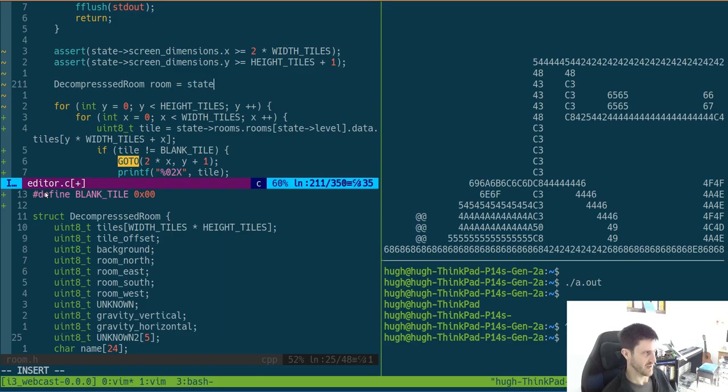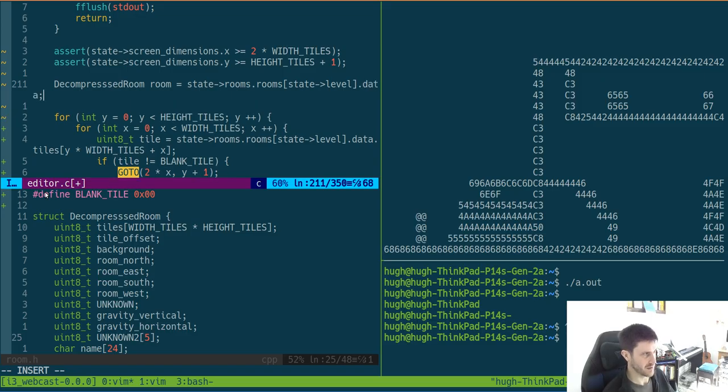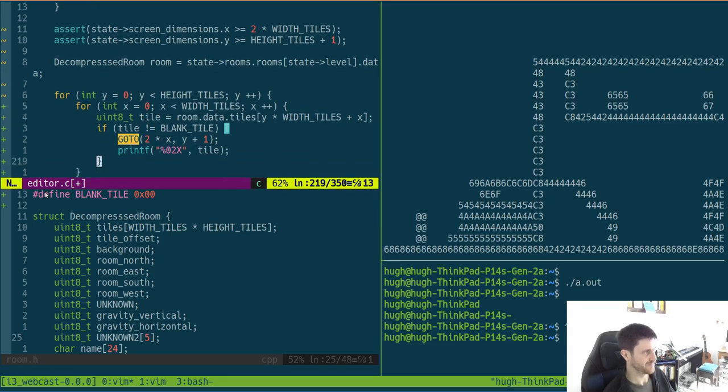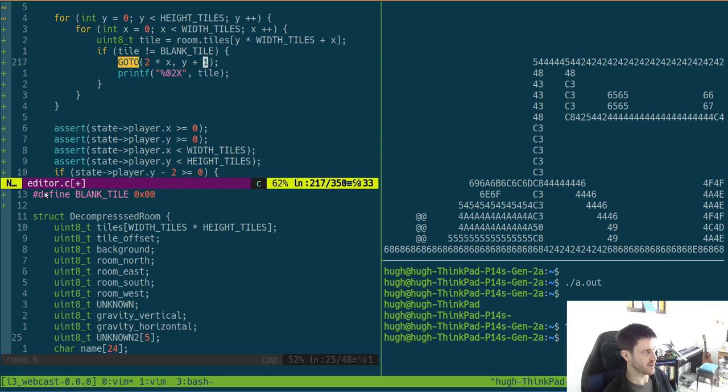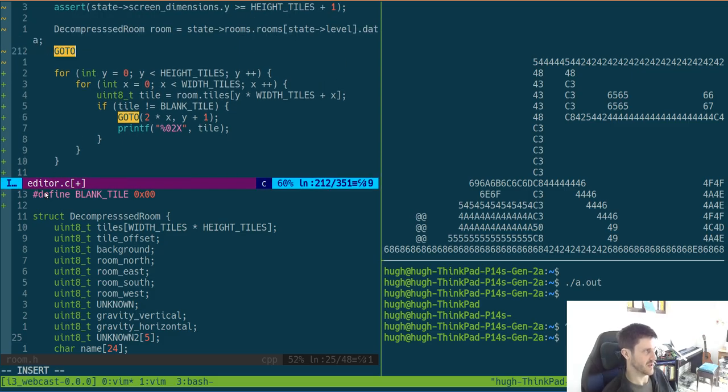And so this can be state rooms.state level dot data, I believe. Right, so that would be that, and here we can probably save that lookup, especially in the inner of a busy loop. We can save quite a few dereferences. Get that. And so because now we have the title, we can go to,